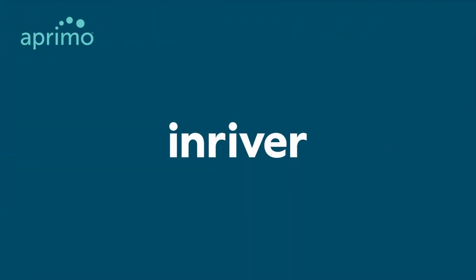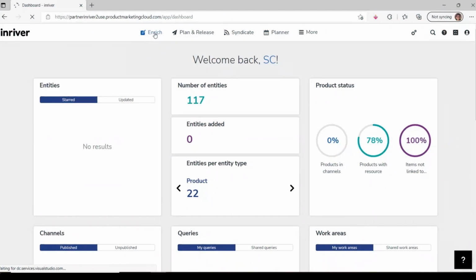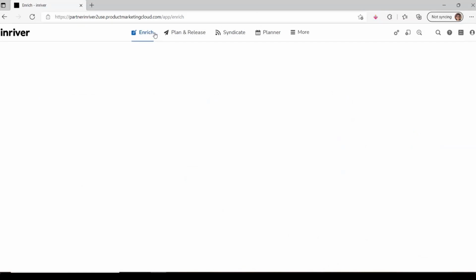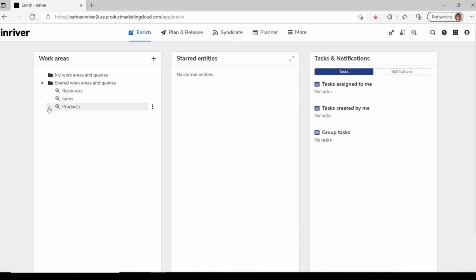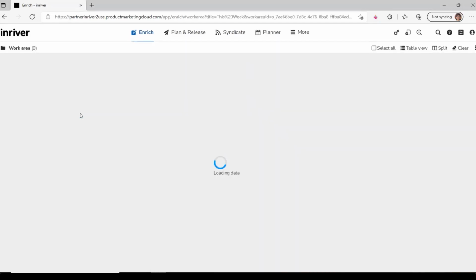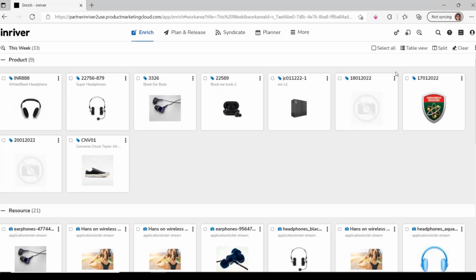Today we will show you how Aprimo DAM can integrate with your inRiver PIM solution. Aprimo's inRiver connector allows you to bring your product images into inRiver directly from the DAM. Oftentimes, not all product details are available when the inRiver entity is created, but it is important to create that